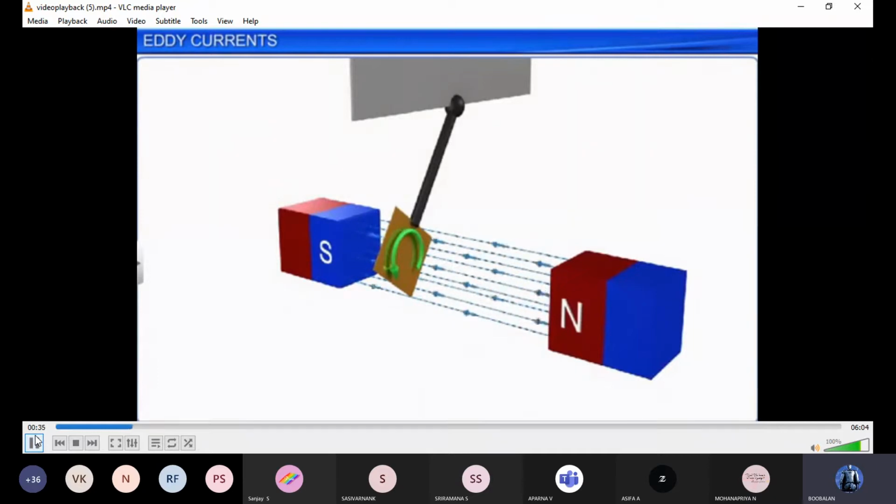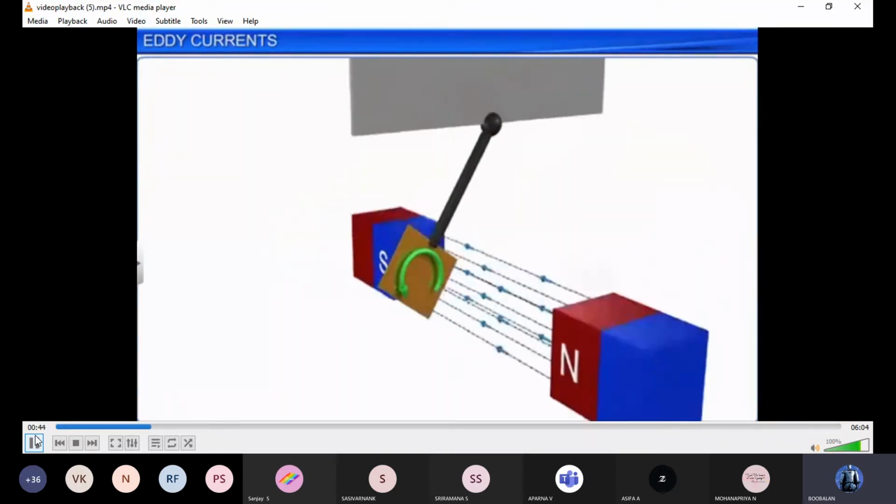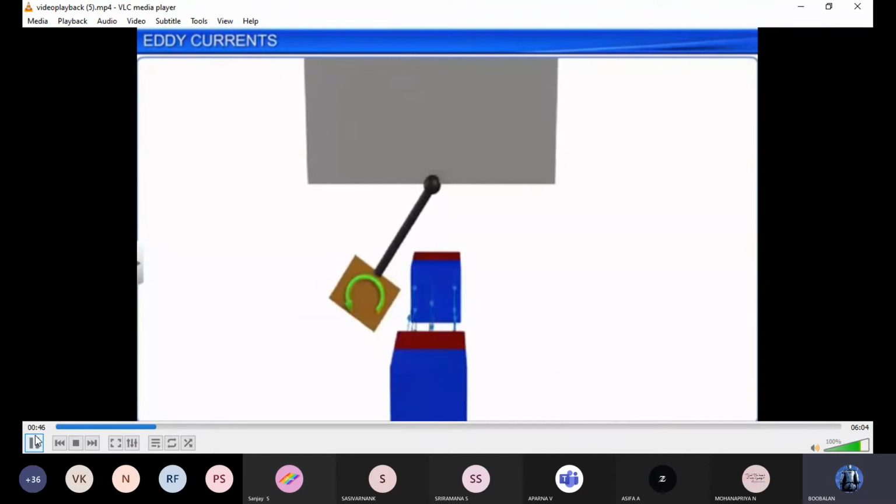Note that the magnetic field is directed from the north pole to the south pole of the magnet that provides the field. When viewed from the north pole side of the magnet, the induced eddy current is counterclockwise as the